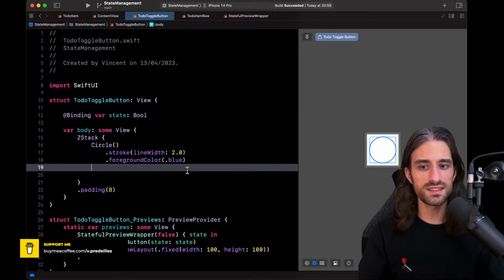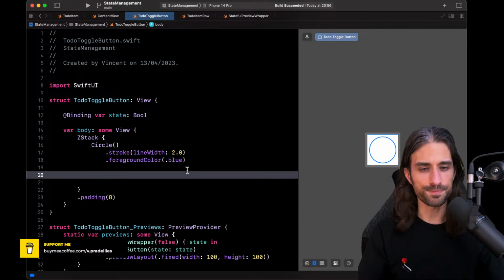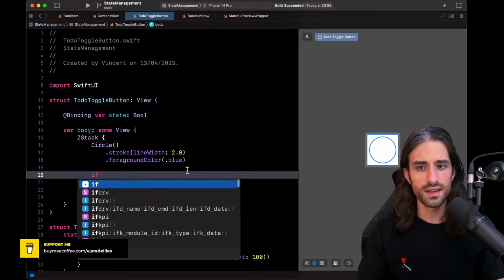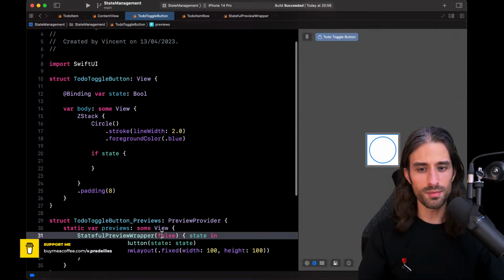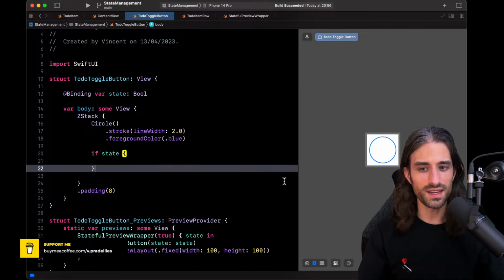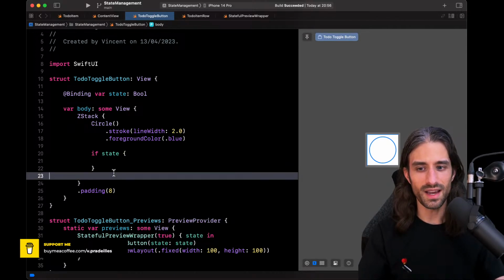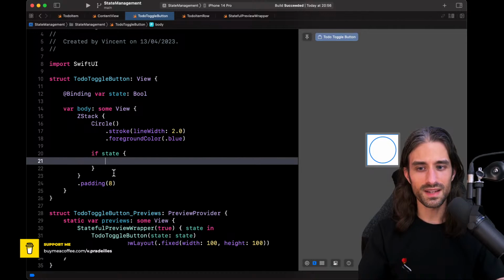But for what is inside the circle, it will only be visible when the state is set to true. So I'm going to update the value right here so that we can see it while I type it. So like that.